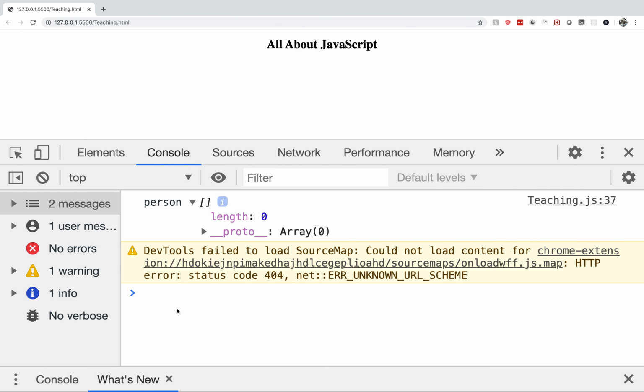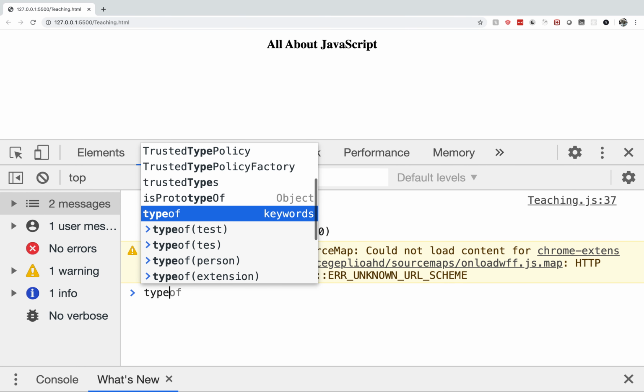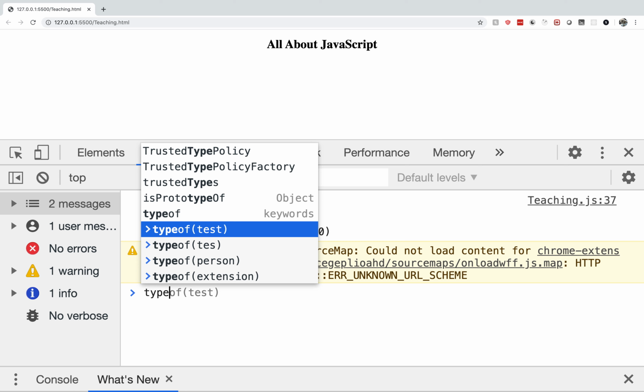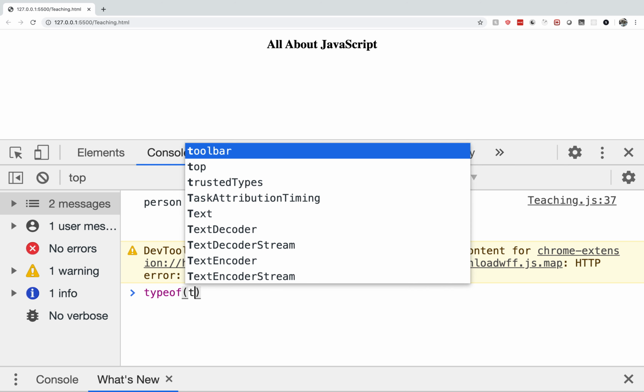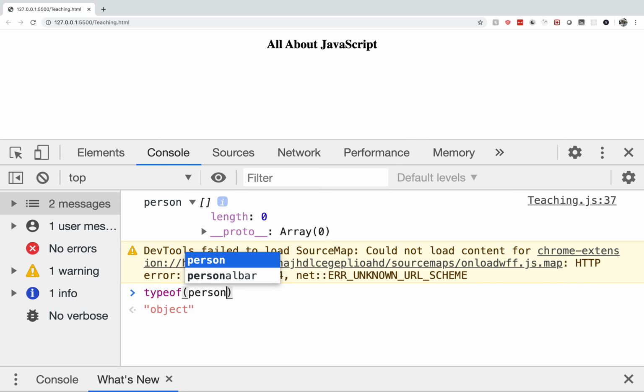If you do typeof person, which we defined as an array, you will get object here. So arrays, functions, dates, everything is an object. That's the reason we have this prototype for the array. I just want to make that clear.